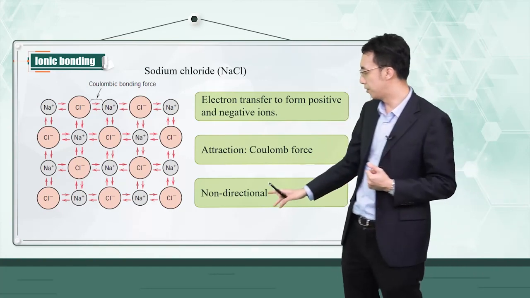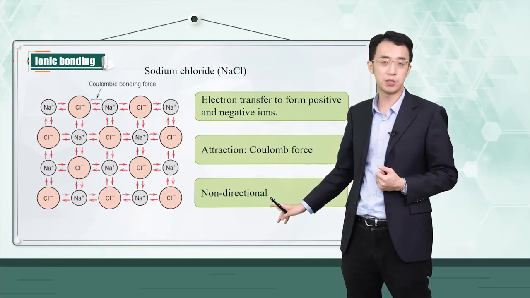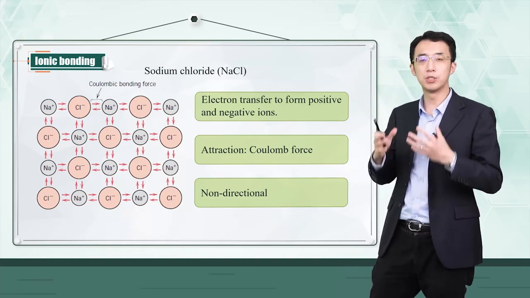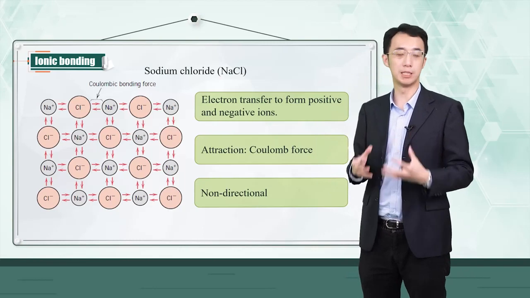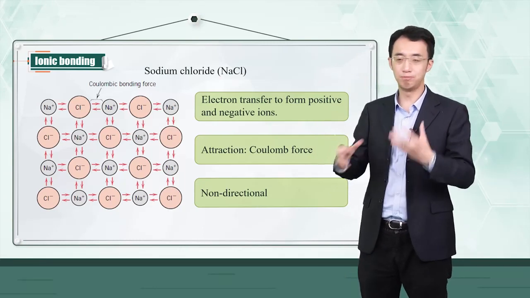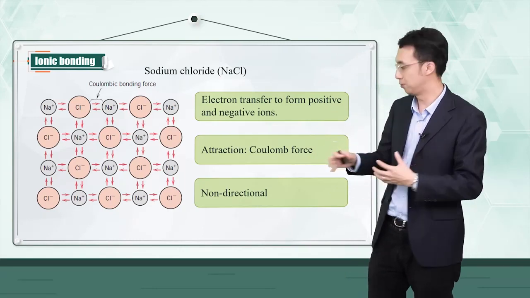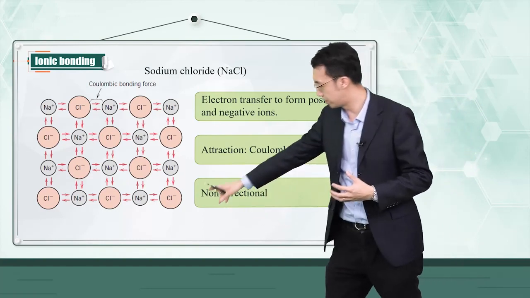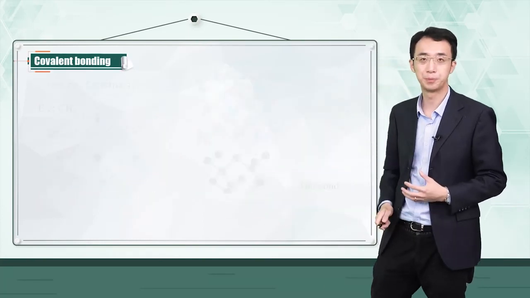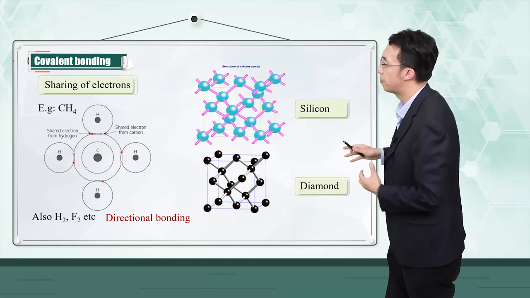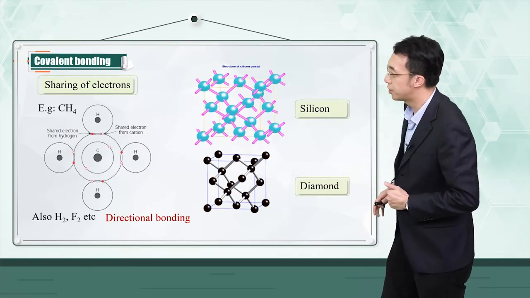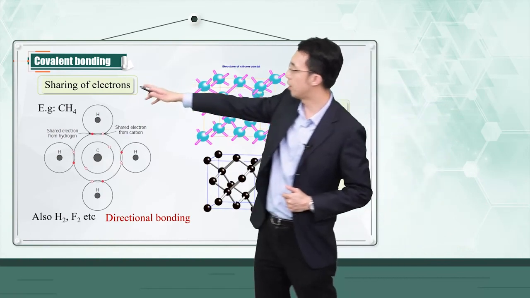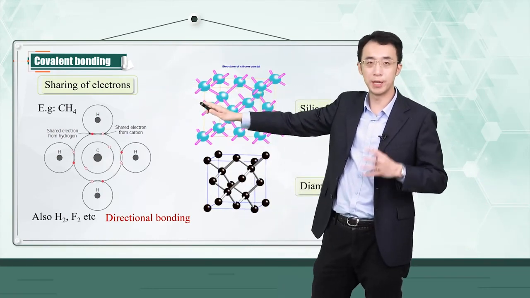And the chemical bond is non-directional, which is the result of the fact that your transfer of electron is complete. So there's no kind of a free electron. And then the chemical bonding is so-called non-directional. The second type of specific chemical interaction is covalent bonds, which is formed by sharing of electron, usually between two